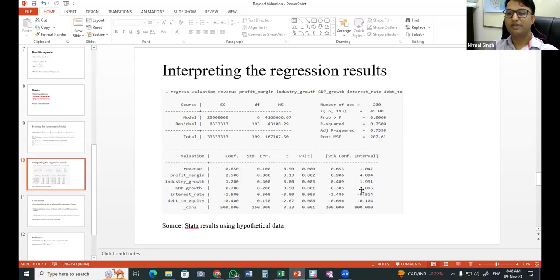Sometimes what could happen is that your R square is very high, but your F statistic is not significant at all. That means your model is not significant, but your R square says the model is explaining too much variation. So both are not consistent. One side you are saying that your model is not significant; the other side you are saying that your model is explaining 80% variation. Those situations can occur if the outlier issue is there in the model. So it is crucial to deal with these things at the initial stage.